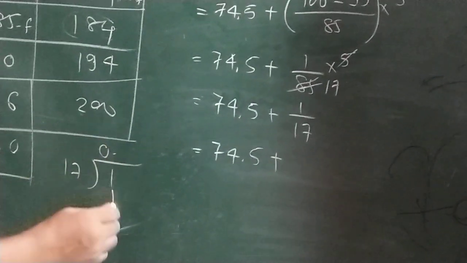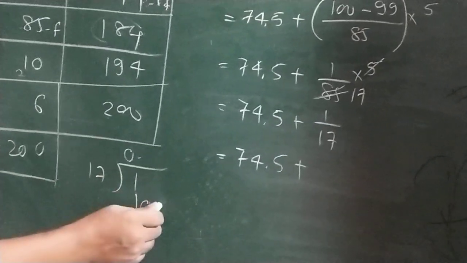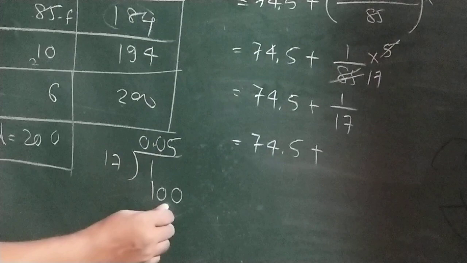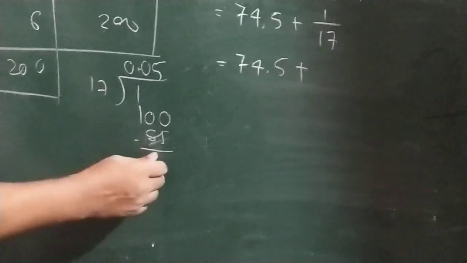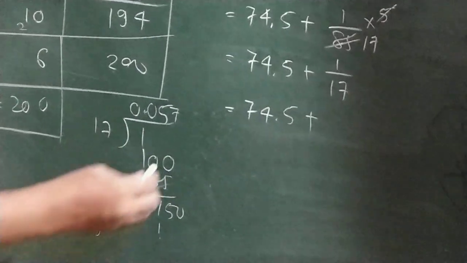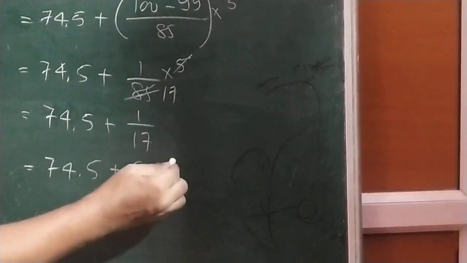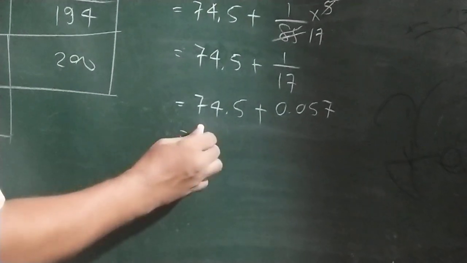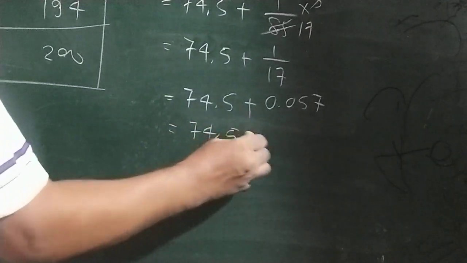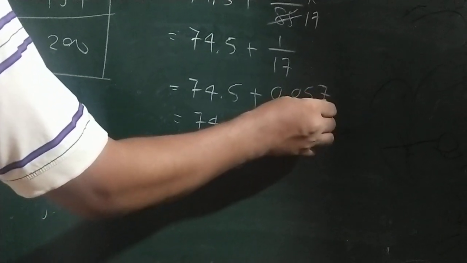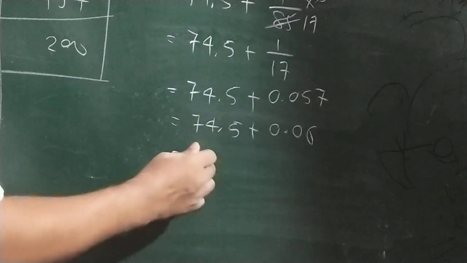So 0.10, again not possible. So take 100 here. 17 fives are 85. Now 15, 17 sevens are 119. So 0.057. We require up to 2 decimals. So the 7 will become 0.06. The third decimal is more than 5, that is why. So the addition of this